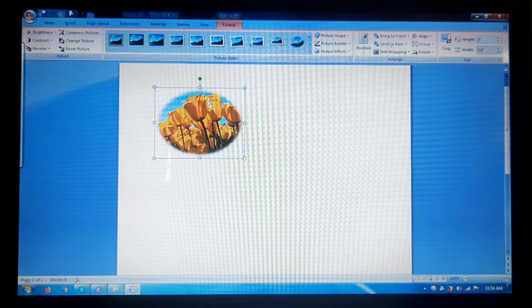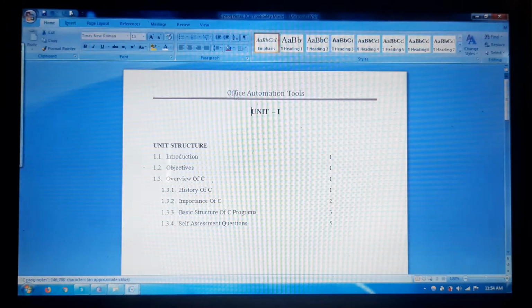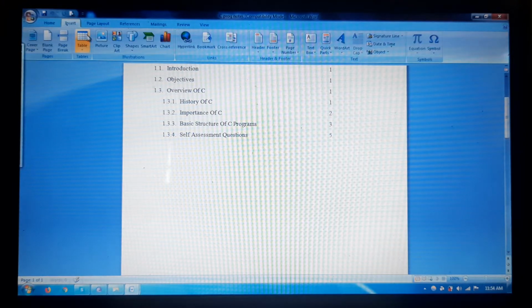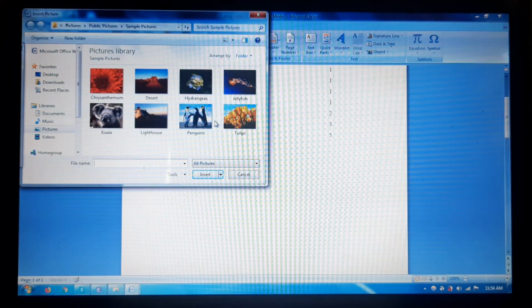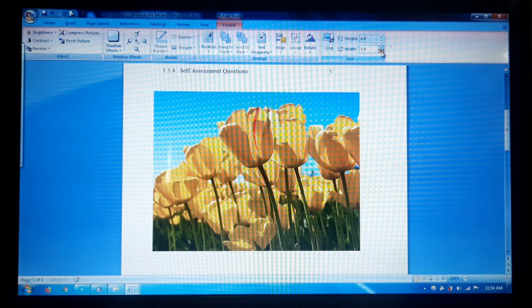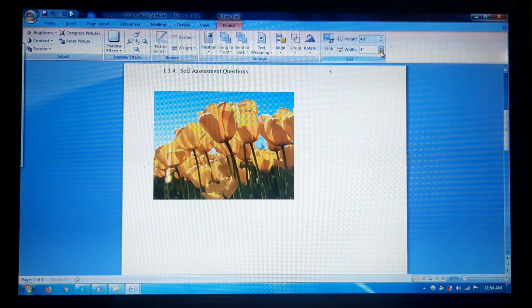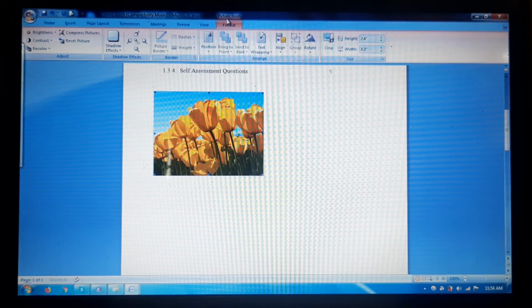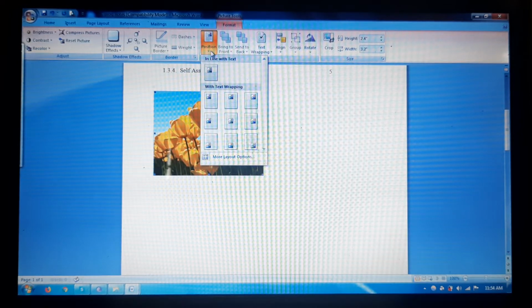So what I do, I will open an existing document. Once again I will go to Picture, insert the picture and decrease the size, like this. Then I will go to Picture Tools and Position.